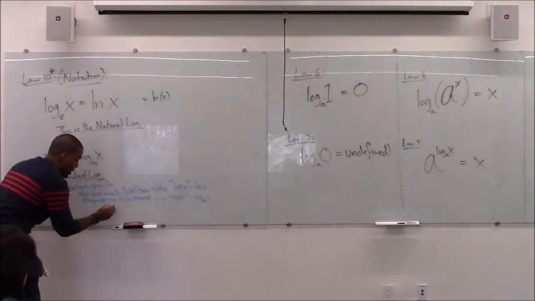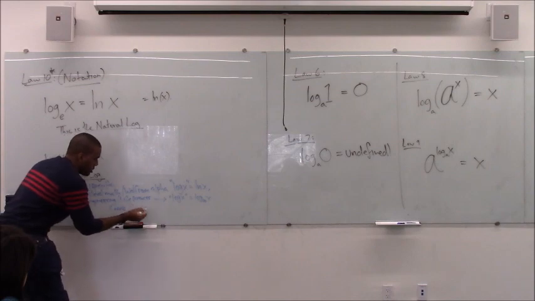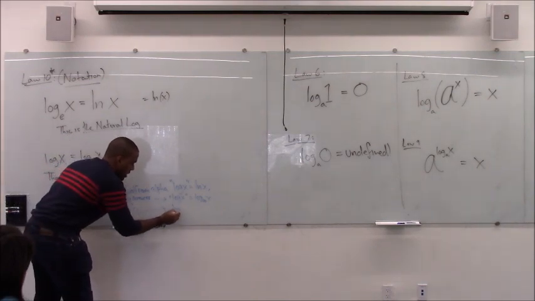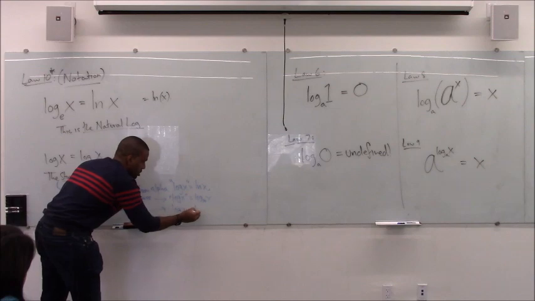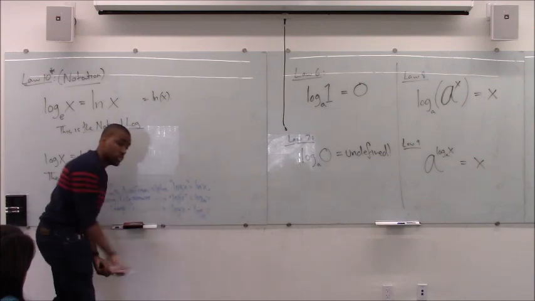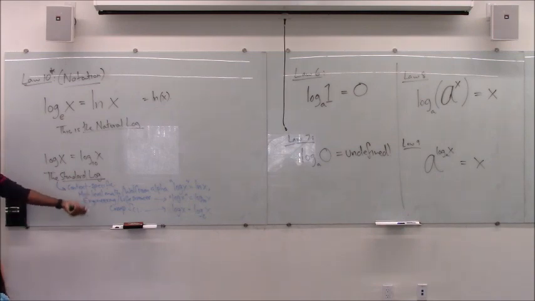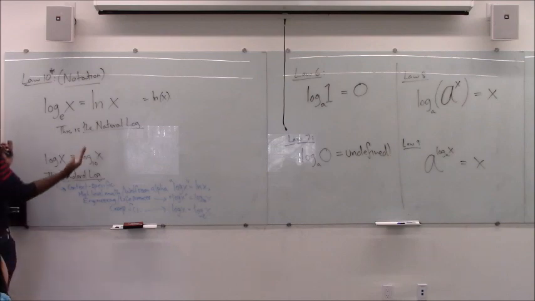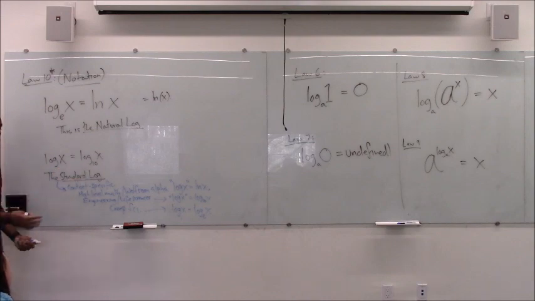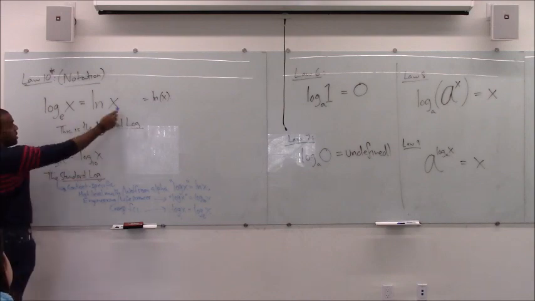If you're in computer science, so you're reading some computer science textbook and you see LOG, it really means log to the base 2, because base 2 is convenient for computer science, it's binary. So log just means the base is understood from context. The context might matter though. Depending on what source material you're reading, LOG might mean something different. But for us in this class, LOG means base 10. So if I don't write the base, I mean base 10. If I write ln, I mean the base is